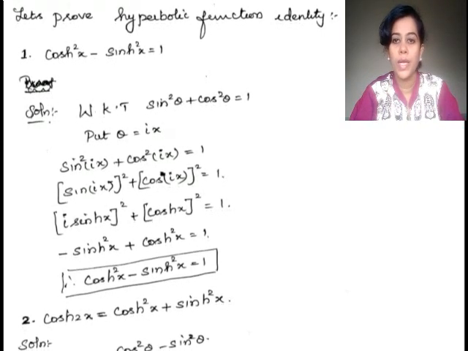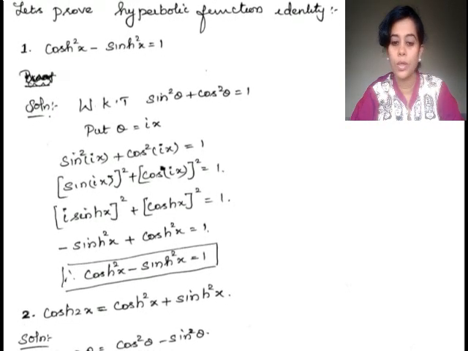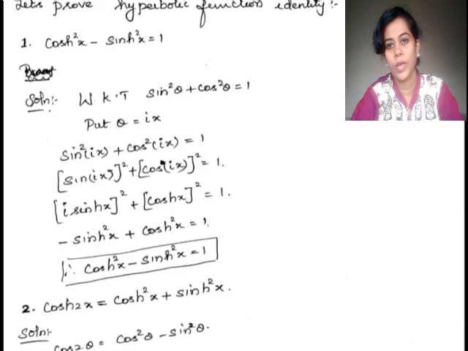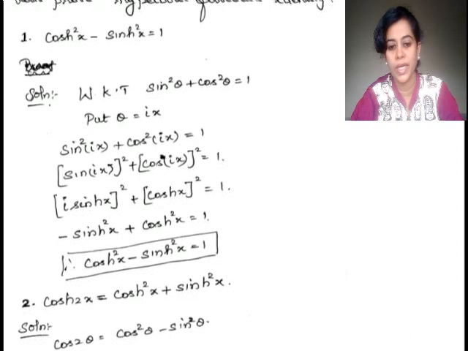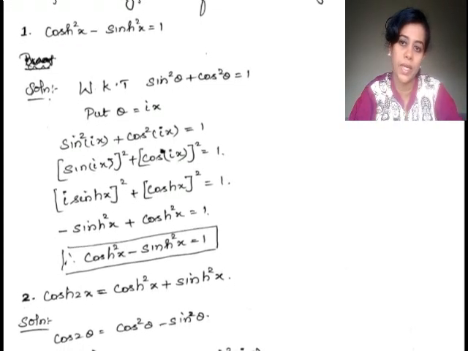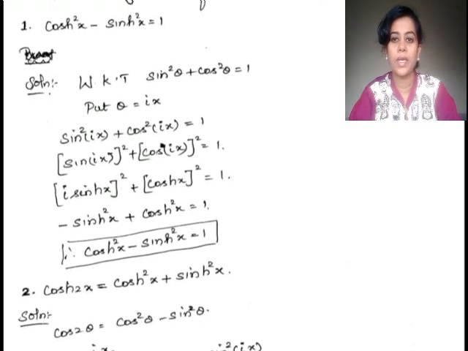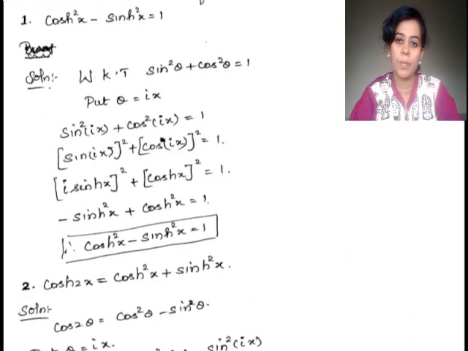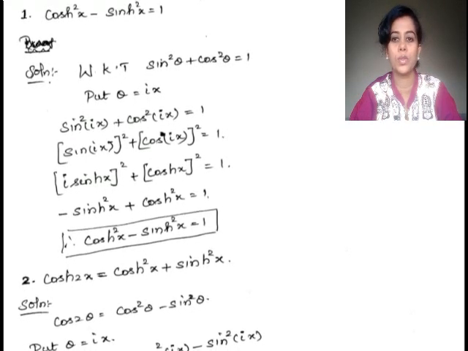We know very well the trigonometrical identity, which is sin squared theta plus cos squared theta is equal to 1, and cos 2 theta and sin 2 theta and all, we all know very well. Similarly here we are going to prove the hyperbolic function identity. The first identity says that cosh squared x minus sinh squared x is equal to 1. Let me prove the result by considering the left hand side, taking the expanded form, and by that we are going to prove it is 1.